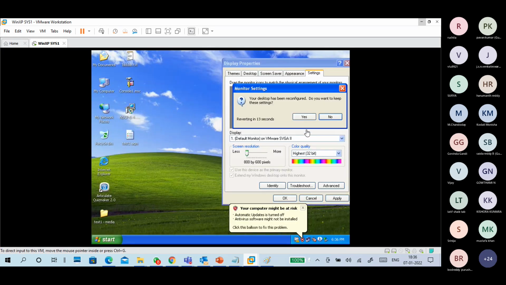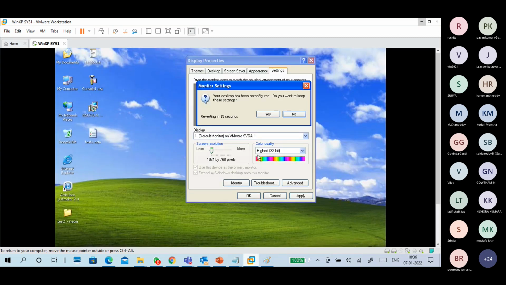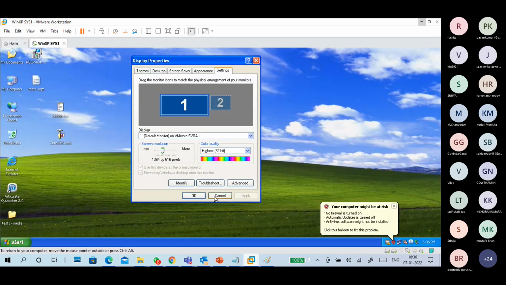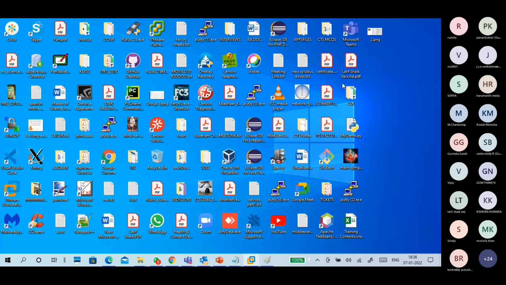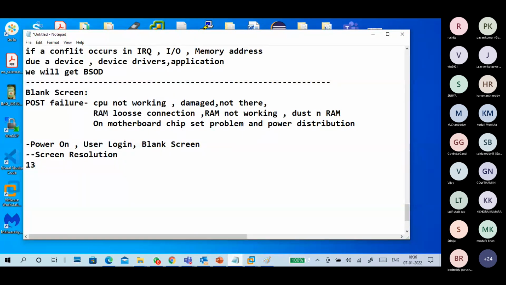See how the size of the screen changes. 1024 by 768 is another most common one. Based on your monitor, 1366 by 768 is the most common screen resolution.